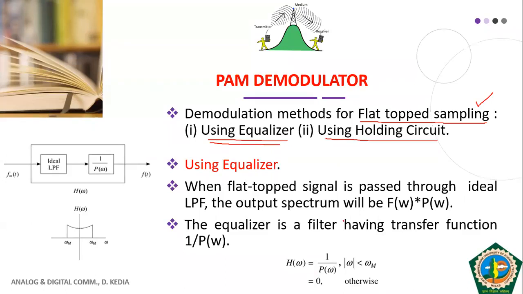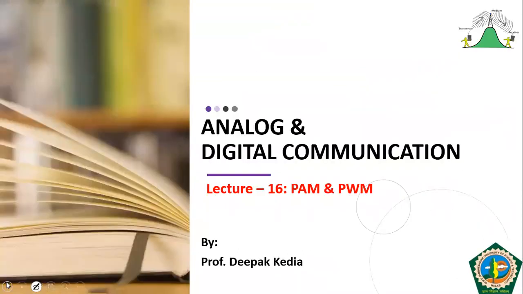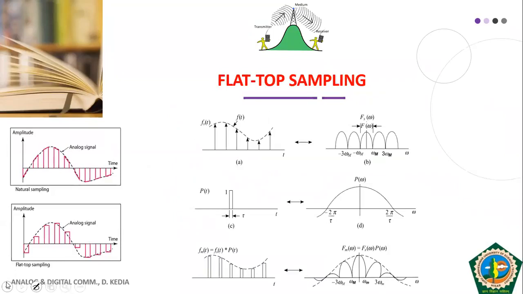Fine. So yesterday also we had discussed one concept where we had seen the spectrum of the flat top pulse signal. Spectrum means how does your signal look like in frequency domain. So first we will have a brief look again at that spectrum of your flat top PAM signal, and then we will move to this discussion. So let us see. This is what we had seen in yesterday's class.